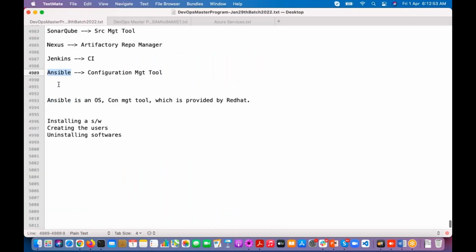Apart from Ansible, we have Chef, Puppet, Salt Stack. Many configuration management tools are there.